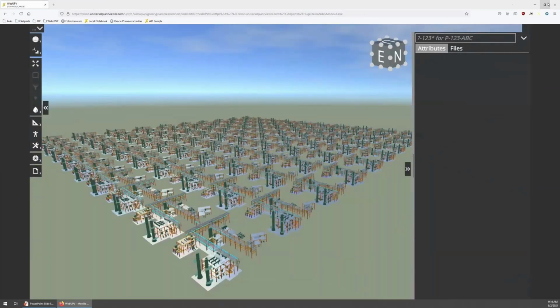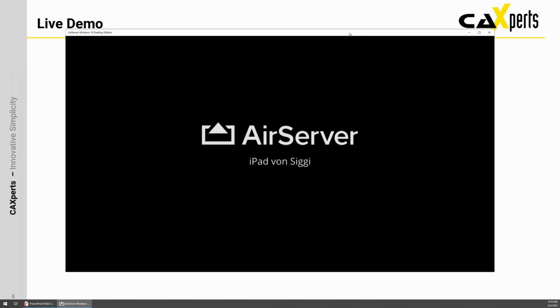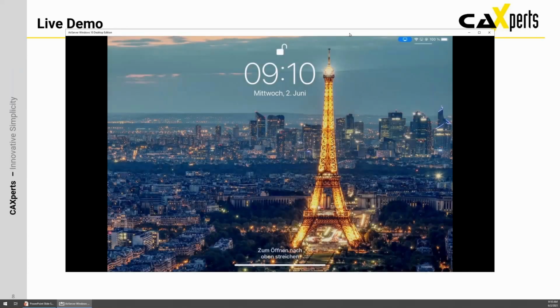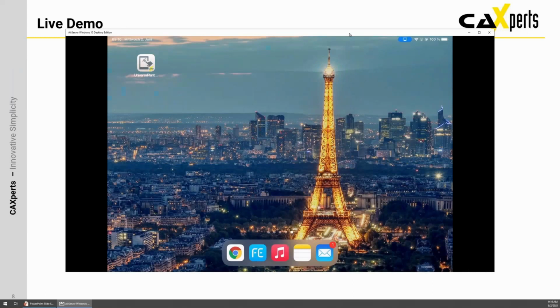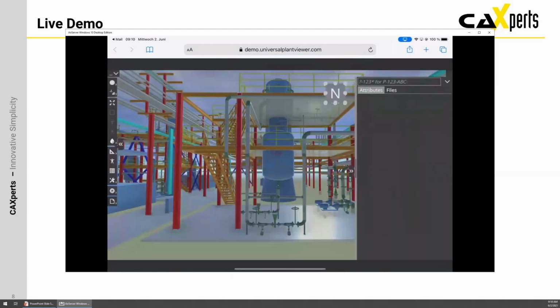Okay, let me show you something else, and for that I need some moments to connect my iPad. So I'm going to connect my iPad so you can see it here. So I'm opening it up. And here you see I have a local version of UPV installed, but I will not use this one. I will open my email because I received an email and somebody tells me to have a look at a model. So I just click the hyperlink and